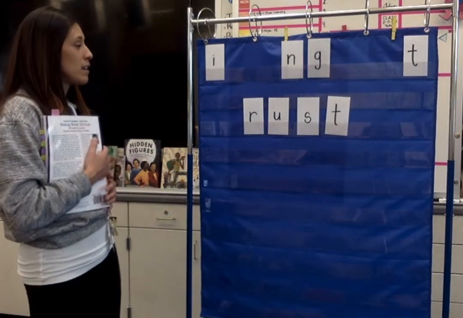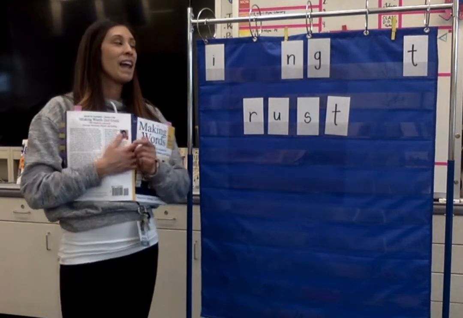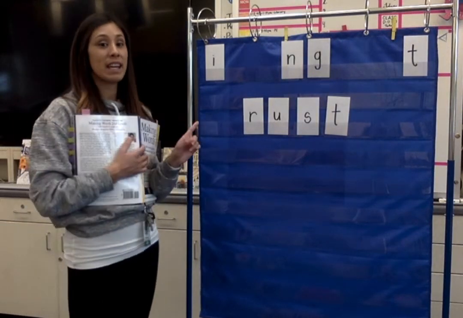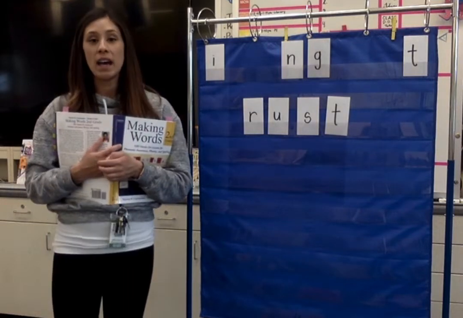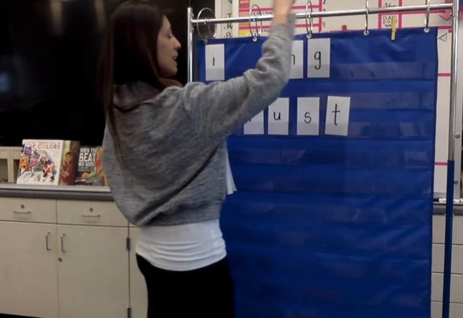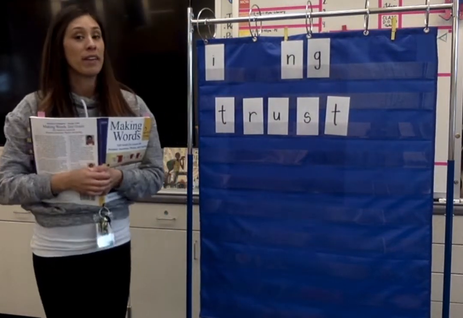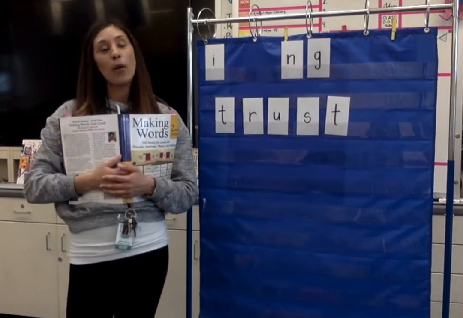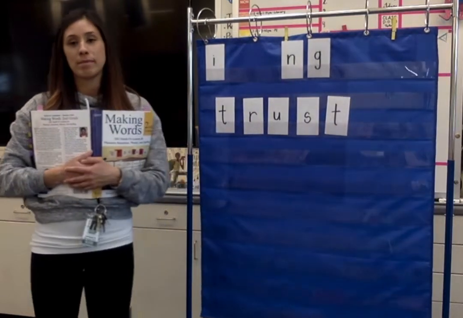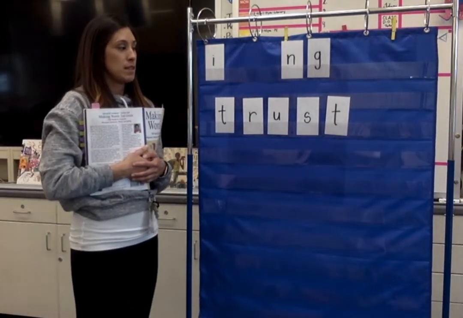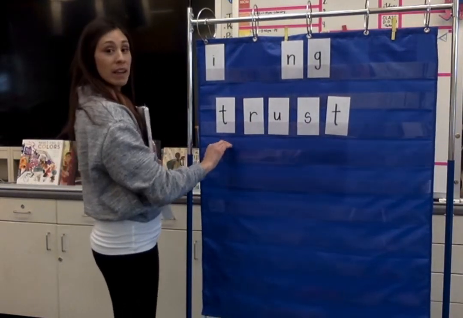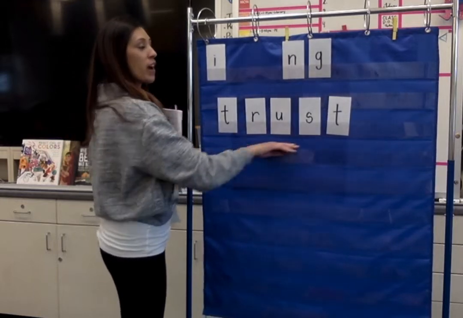You're gonna add, let's see if you get this, the letter T to the beginning of the word rust. So go ahead and add the letter T to the beginning of the word rust, and go ahead and try reading this word out loud. All right. Boys and girls, how do you read this word? I would read it like this: trust,